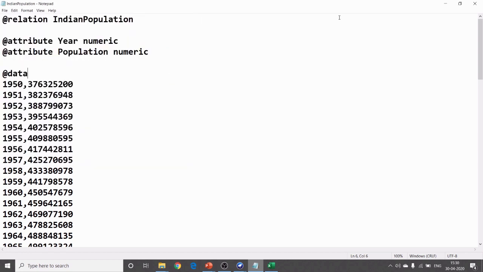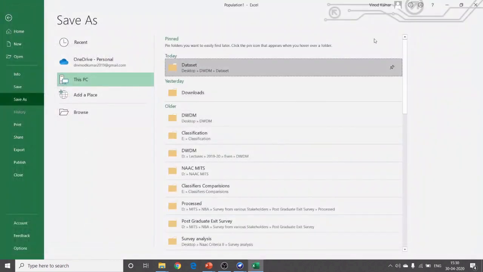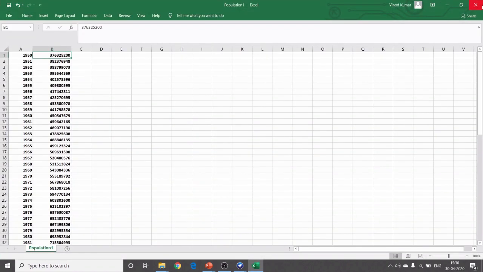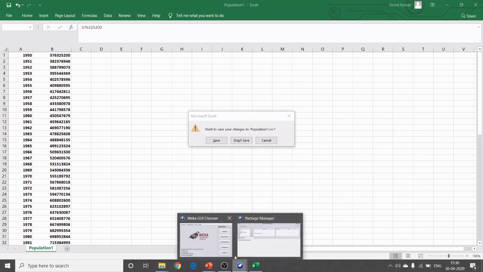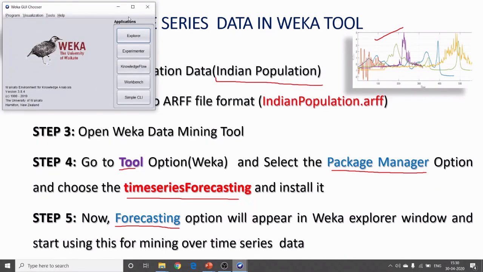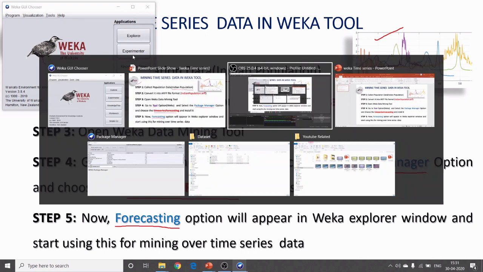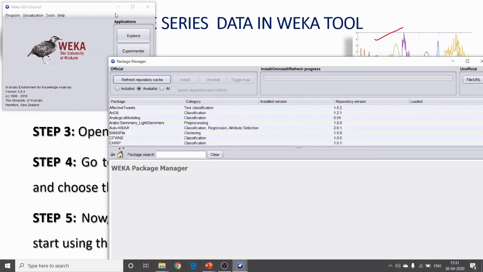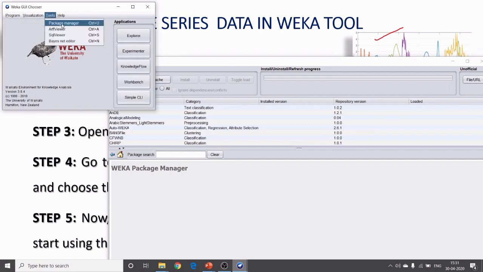After my data set is ready, the next step is to go to Weka. In the Weka tool, the Explorer is there. When you click here, this window will appear. Then in this Weka tool, you have to go to Tools, where the package manager is.